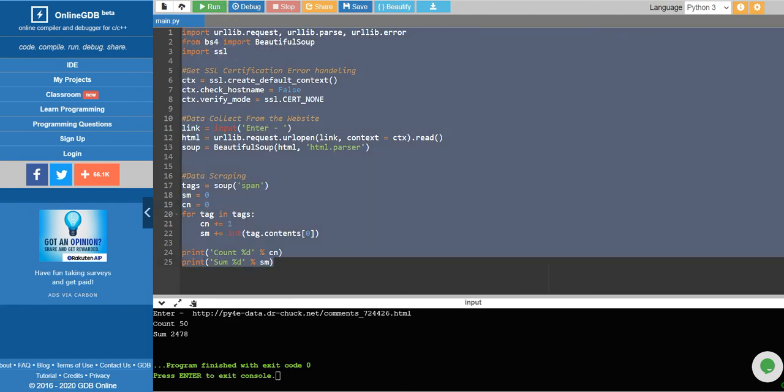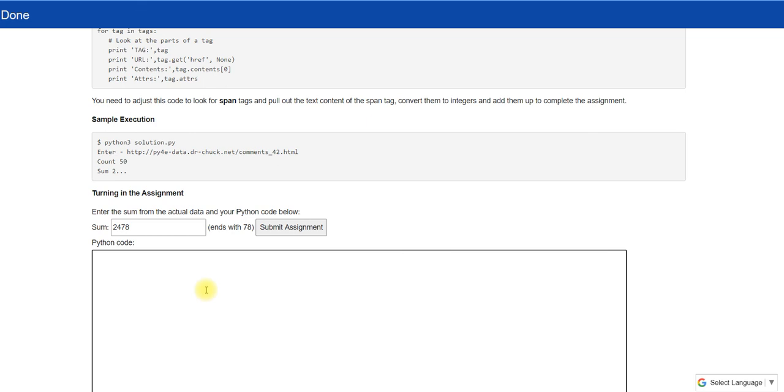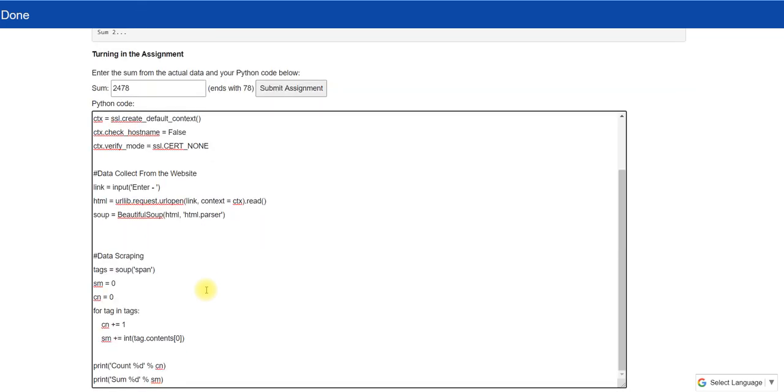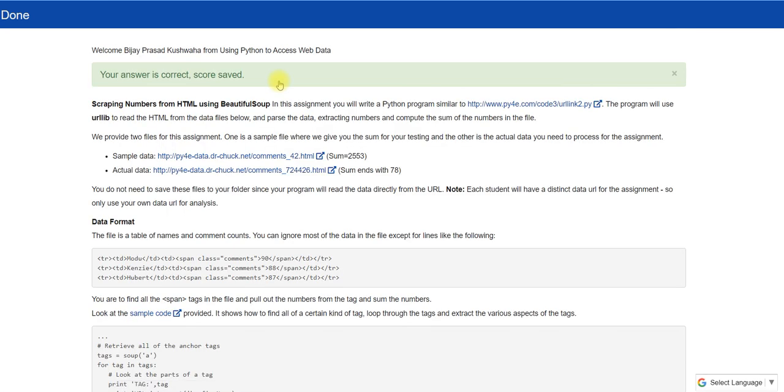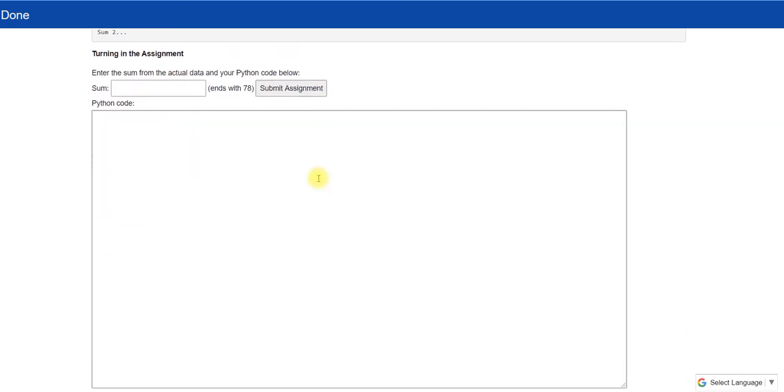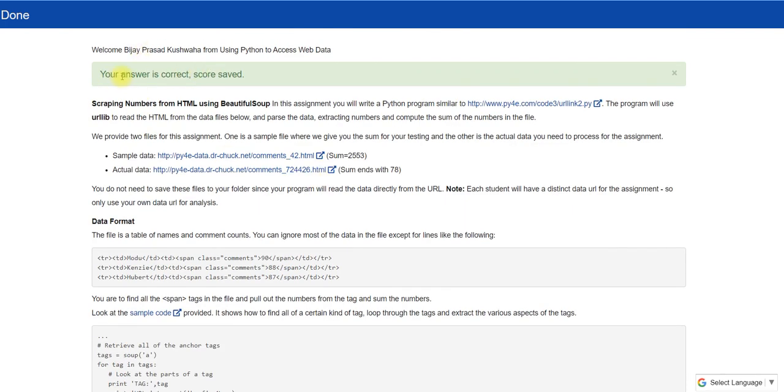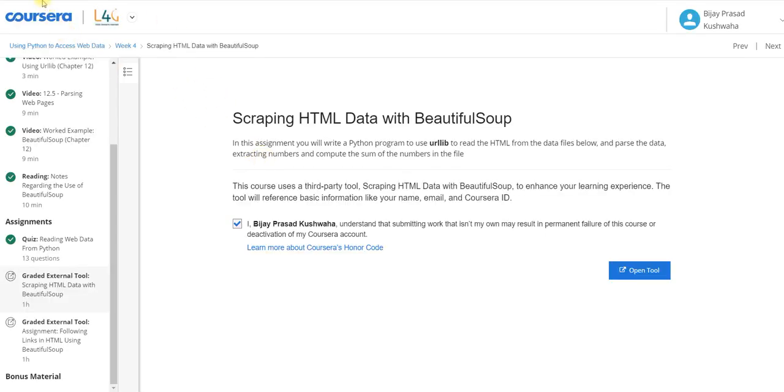So you can see with multiple tries I solved this, right guys? So you need not worry if it takes 5 times, 6 times, even sometimes it will take 20 times, and sometimes even 20 times will not be enough. So you can see here your answer is correct. So you keep on trying, you wait and keep on trying, and if you are getting more problems, then guys you can contact me, I will help you out. So I will refresh it.